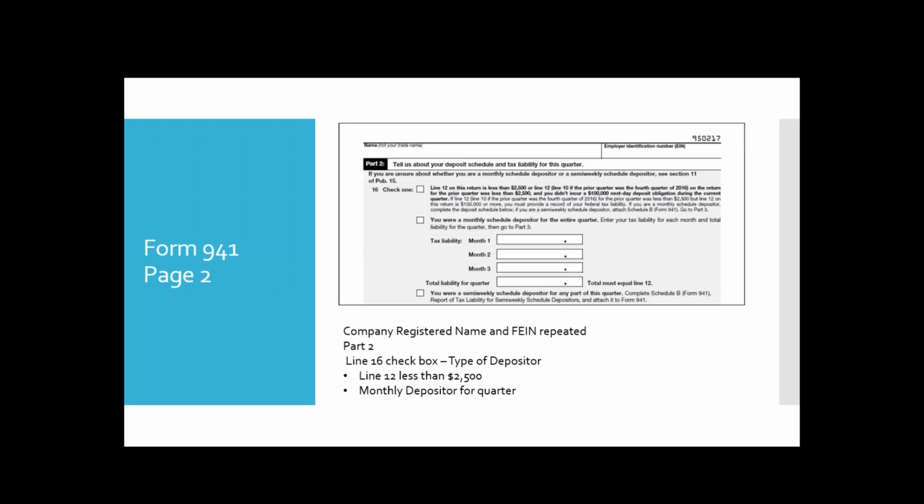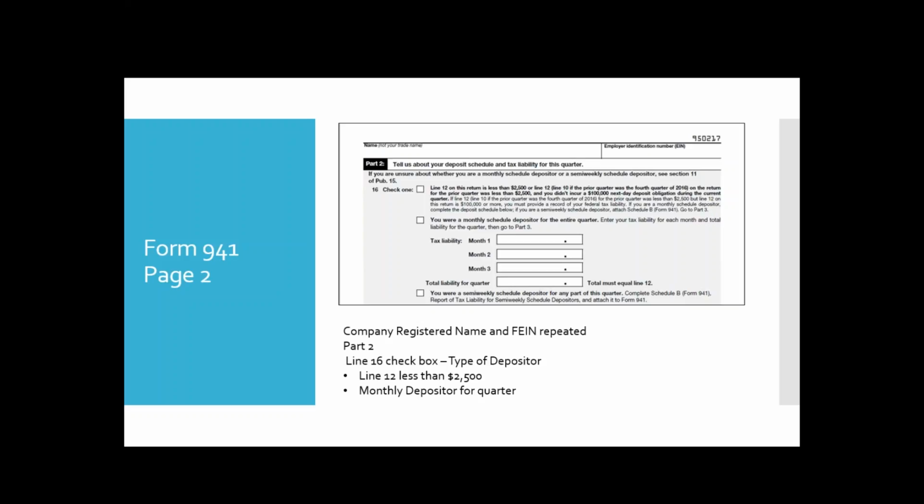So we're going to move on to Part 2, Page 2. At the top, of course, you're going to repeat your legal name and your federal ID number, just like it was on Page 1. Before we look at these lines, you need to review the basics of payroll tax deposit